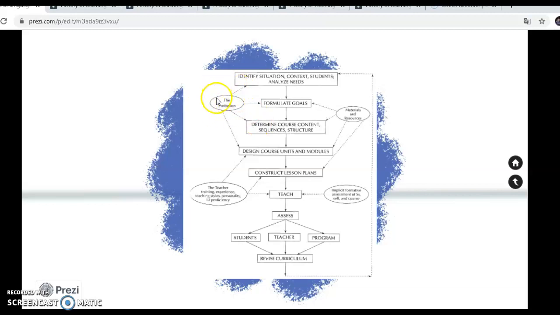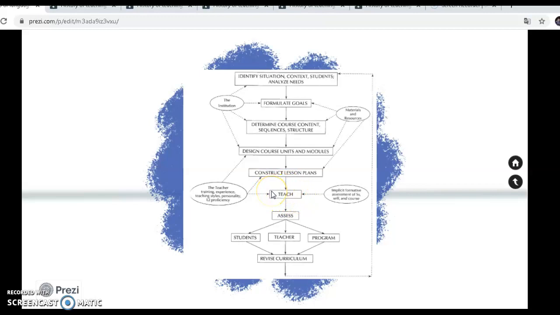In the institution, taking into account the context established, it is necessary to identify the situation, the context of the students, the needs, the goals, to determine the course content, the sequence, the structures, and design the course units, and also having the teacher as the one who designs the course units and modules, and also as the one who constructs the lesson plans,